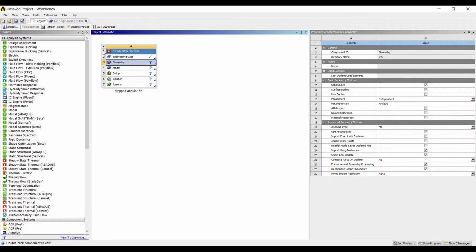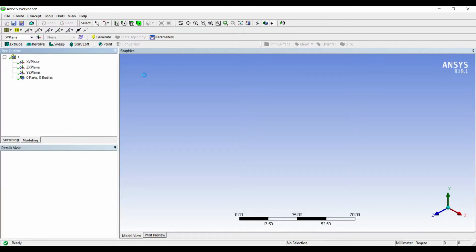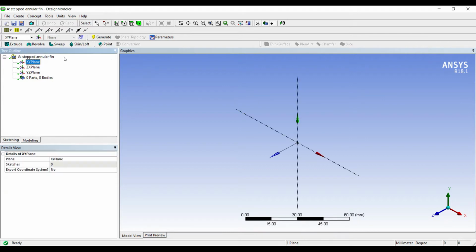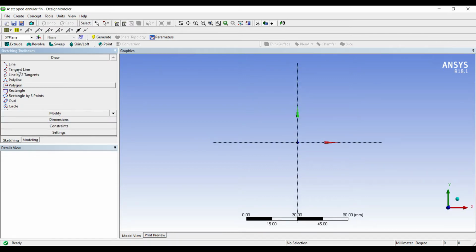Next I'll go to geometry, right click, new design modular geometry. I'll go to units, millimeter, XY, look at. I'll go to sketching. I'll make use of polyline.